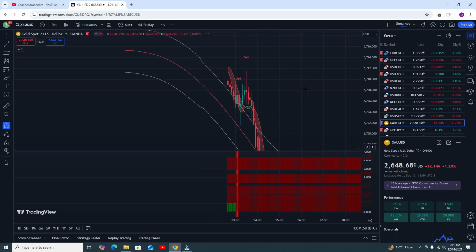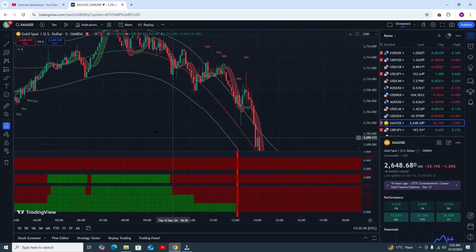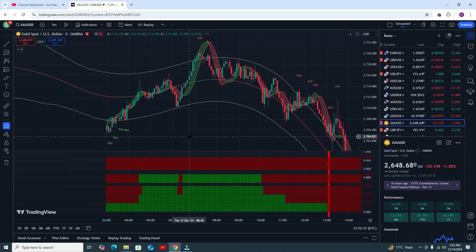This is a 100% non-repainting indicator, and it will give you an accuracy of around 90%. I'm using two indicators here, the simple one and the volume one. Let me discuss this indicator first and then we will discuss the other. First, this indicator will give you the band line and the RSI ribbon.